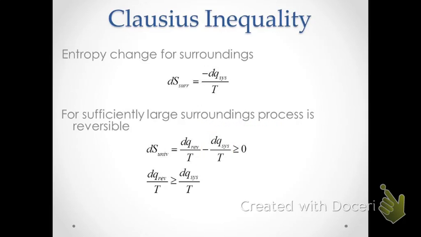And what that means then is that dq reversible over T will always be greater than or equal to dq system over T. They'll be equal to each other, of course, when the process is reversible,